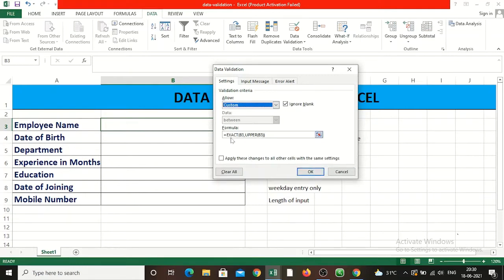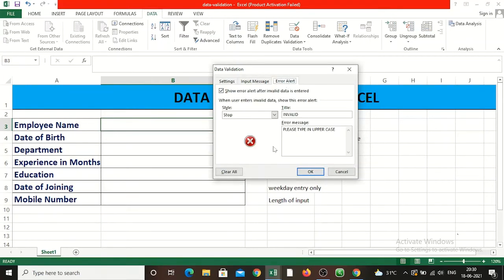So for the uppercase, type exact and then give the cell reference, and then type upper, give the cell reference again, close both the brackets, then click OK. But before that we have to select the error alert. Suppose if you give the data in lowercase, then it will give you some error message. That error message also we can type.